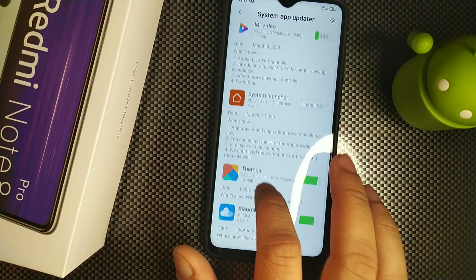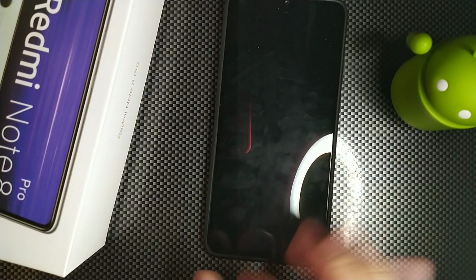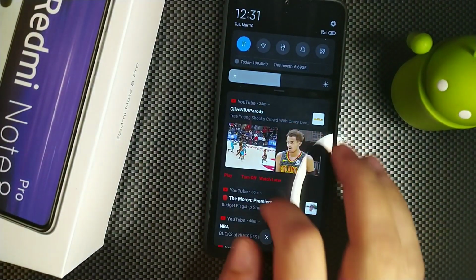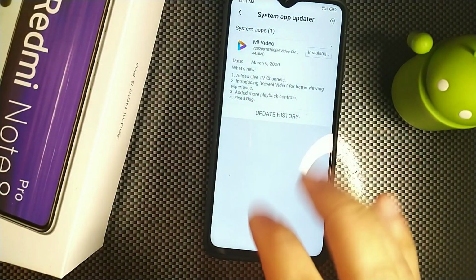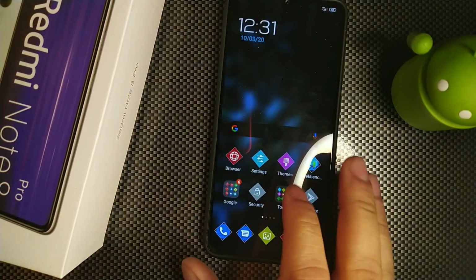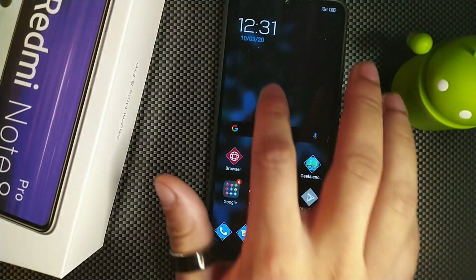But the biggest thing is the app drawer, because one thing you'll notice is that this thing is still loading. But one thing you'll notice is that this phone doesn't have an app drawer, which is weird. But let me just wait for this to finish. But that's the crazy part, because now you get the ability to add an app drawer, which is cool. So let me just see how that would work. Okay, so you can see that's how it would normally look right there. So let's just hold down,